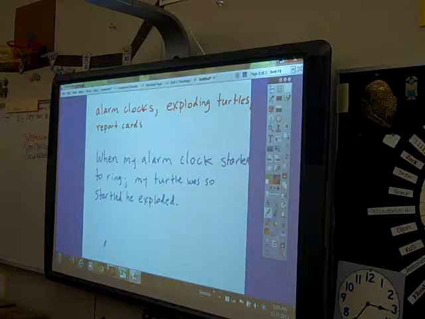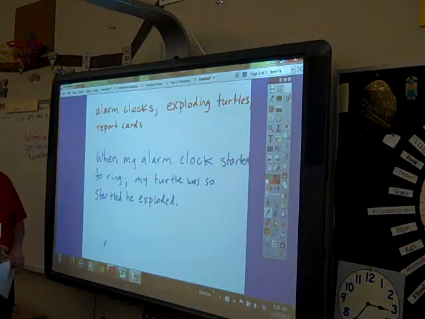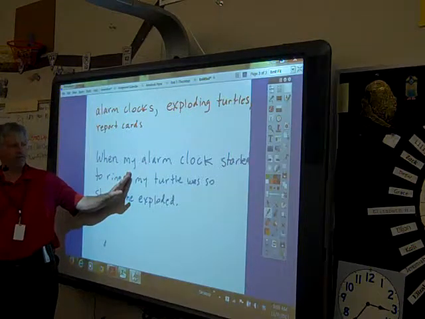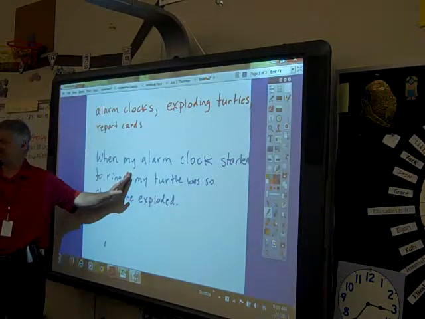Elizabeth, what do you think? It says when my alarm clock started to ring. It's not a complete sentence. The first part in front of the semicolon has to be a complete sentence by itself, right? So we should be able to stop right here and have a complete sentence. When my alarm clock started to ring,